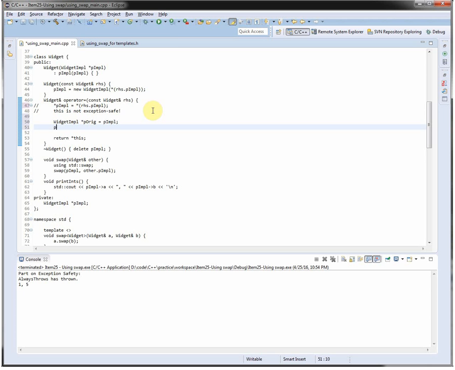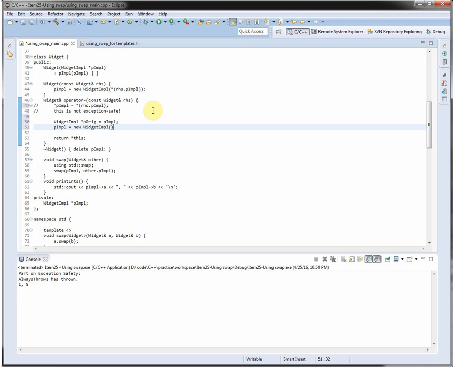Then we're going to have this object's p_impl be assigned to the address of this new object we're constructing on the heap, indicated by the new, and then it'll be a new widget impl,